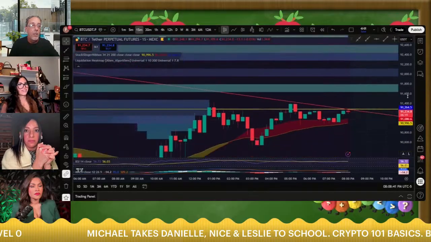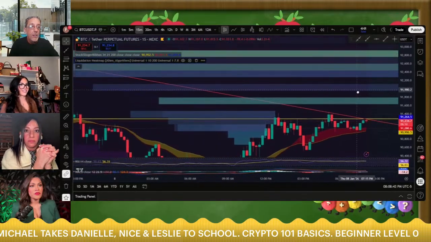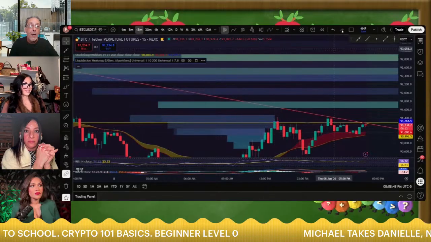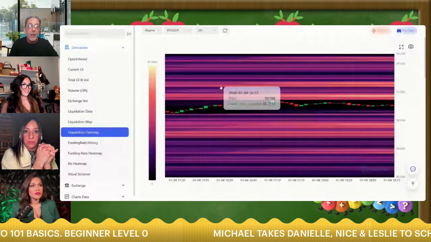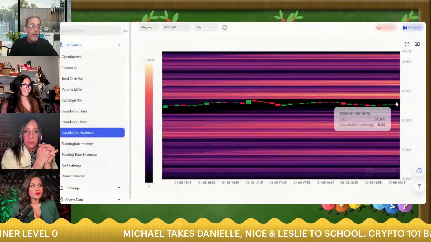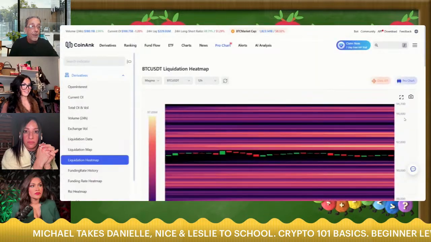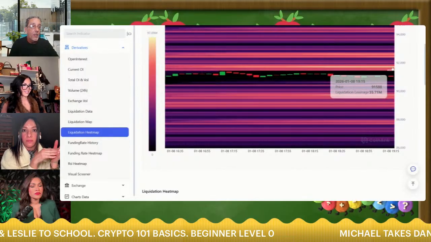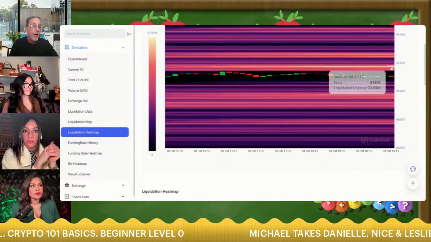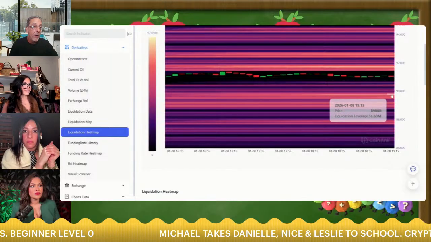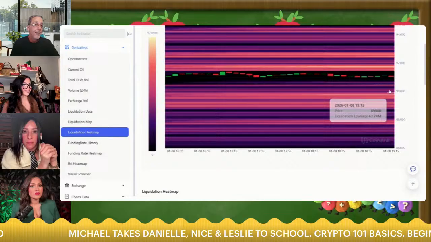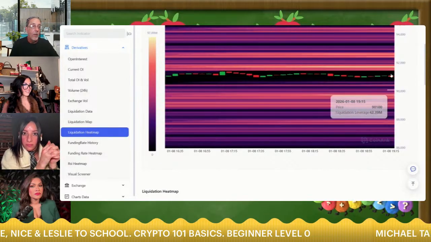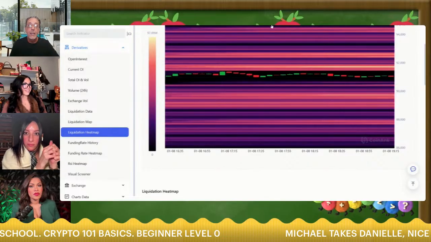But by using your heat map, right? You see, man, we got a lot of liquidity sitting up here on the 15-minute chart. But if you look at your heat map that you've got over here on CoinInc, it'll give you a good indication of where the liquidity is, 91,750, all this right through here. There's a bunch of it sitting right above us. If not, they're going to have to bring this thing all the way back down underneath 90. They're a lot closer to 92 than they are 90, in that ballpark when it comes to liquidity. So take that into consideration.